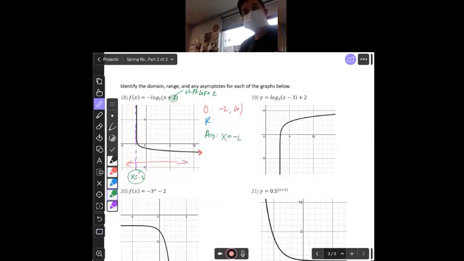An asymptote is a line that the graph is never going to touch, so that's going to get a parenthesis here. None of these graphs will have brackets on their domains or ranges. These asymptotes force them to only have parentheses. So left to right,